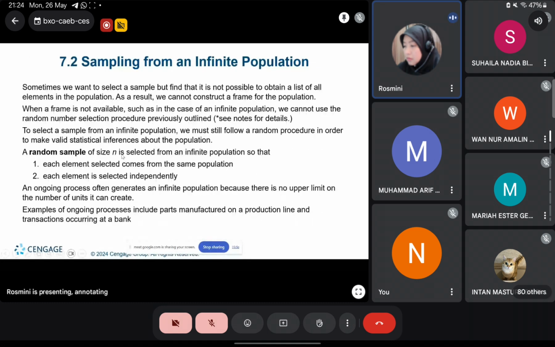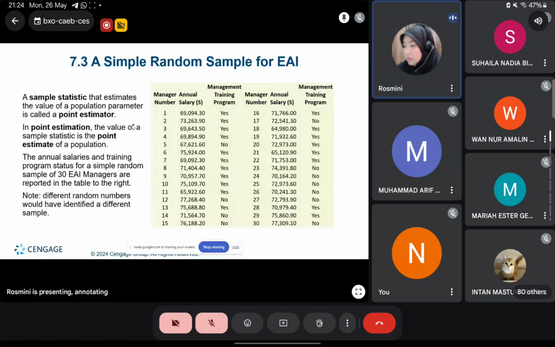So what about the 30? So these are the 30s. So we have here yes, no, yes, no. So how many from this 30 actually have gone through the training? So you simply just go 1, 2, 3, 4, 5, 6, 7, 8, 9, 10, 11, 12, 13, 14, 15, 16, 17, 18, and 19. So out of 30, 19